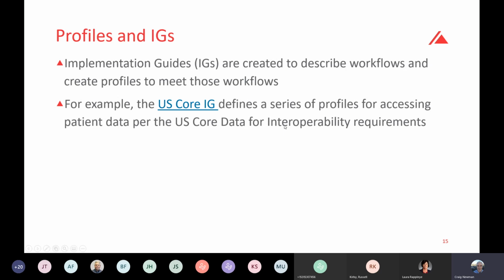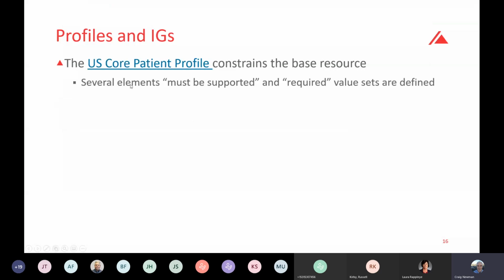And so I can't show you the birth defect implementation guide today because it's still very much under development, right? But there are a lot of implementation guides out there that you can take a look at. And one of them is called the US Core, right? And don't really worry about what it means. You may have heard about new rules that have come out that are requiring healthcare organizations and EHR vendors to provide these FHIR APIs so that systems can access their data. And the US Core Implementation Guide is simply a document that HL7 has put together to provide guidance on how to do that. And so one of the things that this US Core profile does is that it takes that